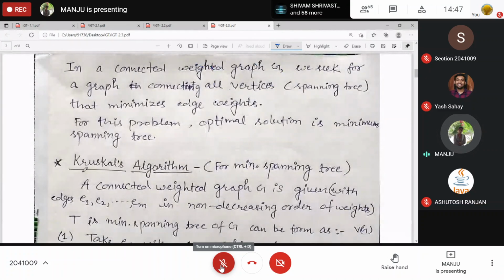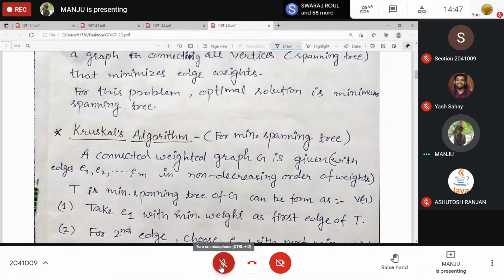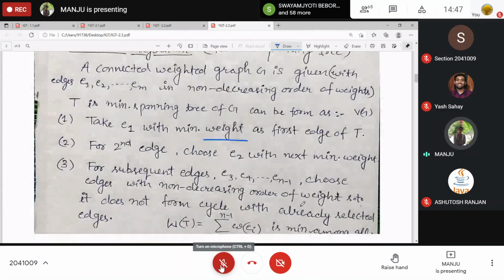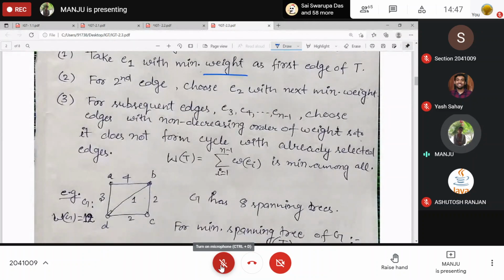So we found the minimum spanning tree by Kruskal algorithm. First, take the minimum edge. Take the first edge which has minimum weight. Then the next one, and then the next, so that cycle formation does not occur. For example, in this case, first you can take this one and these 2 vertices. Why have we taken all the vertices? We want a spanning tree. All the vertices you can take at the first step only. Next you can take either this one or this one. That's up to you. So this one.